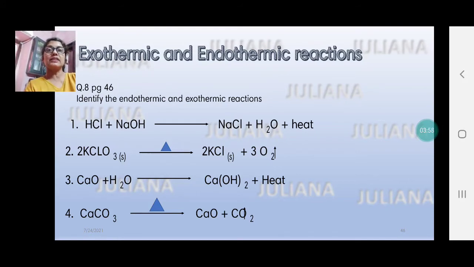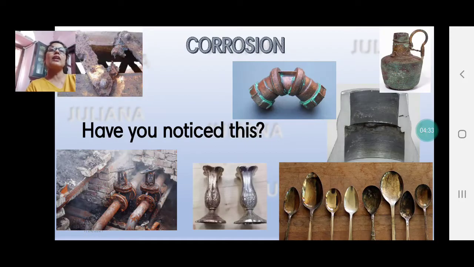When we supply heat, when something is heated, that means it is absorbing heat to bring about the reaction. Then we have calcium oxide with water. Here again heat is given out. This is quicklime, the white lime that some people normally use for painting their homes. When you put this calcium oxide in water, literally the water bubbles. It gives out a large amount of heat. So exothermic reaction. And calcium carbonate heated strongly gives us calcium oxide and carbon dioxide. Here heat is supplied, so this is an endothermic reaction.